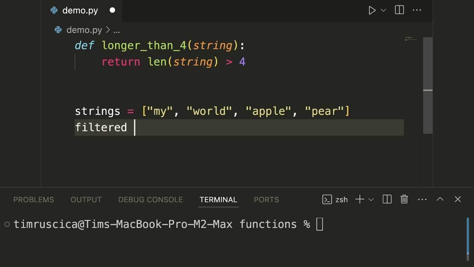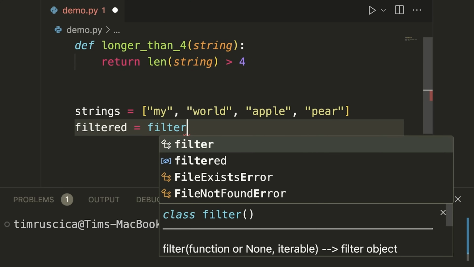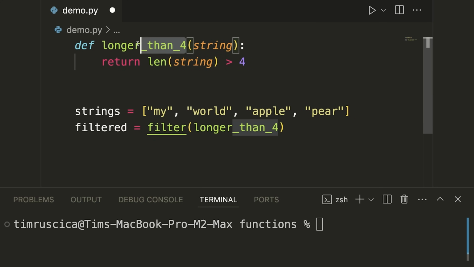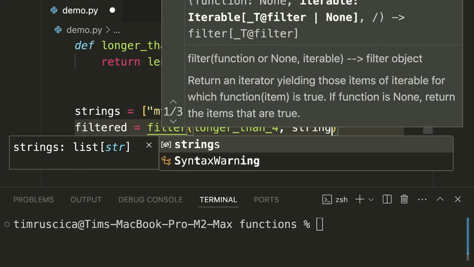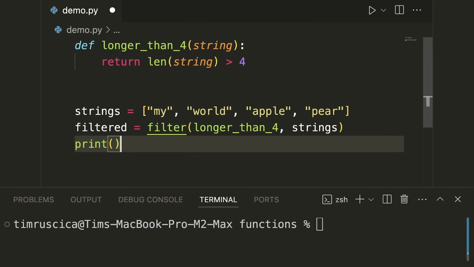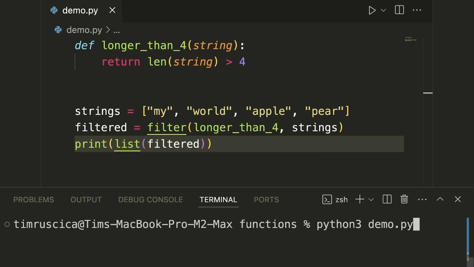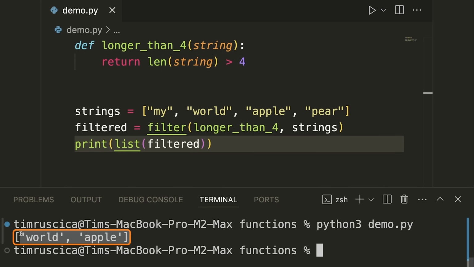We'll just say filter is equal to, and then we're going to use filter. Same thing, we're going to pass our function. In this case, I'm going to pass this custom function I wrote called longer than 4, which just returns true if the length of a string is greater than 4. And then I'm going to pass my iterable, which is strings, and we are going to print out the list of our filtered. Okay, so let's spell that correctly and let's run our code, and notice that we only get